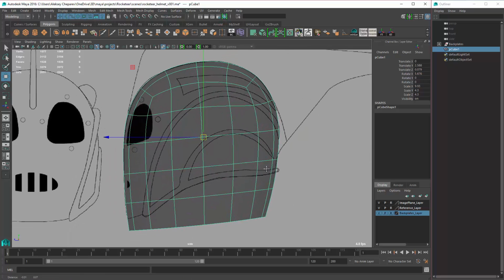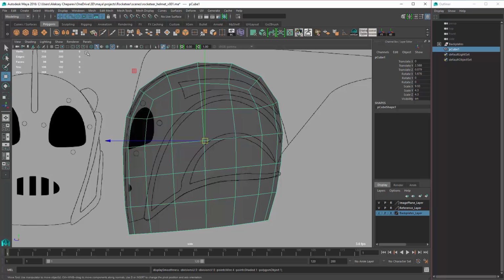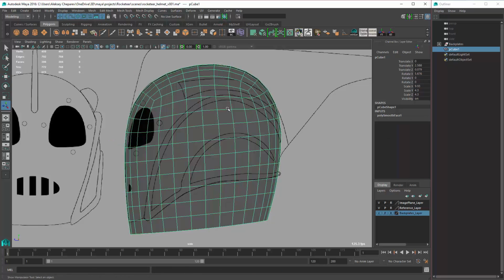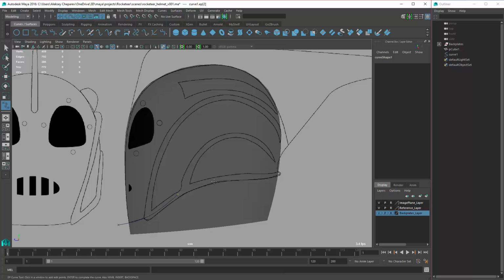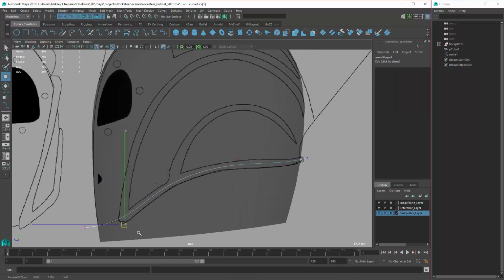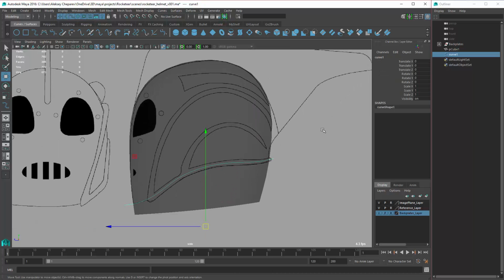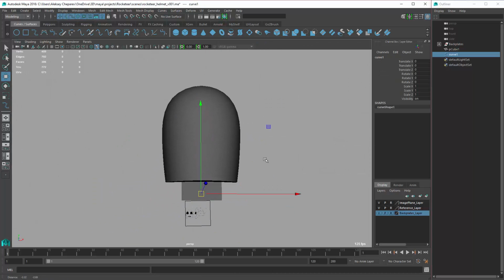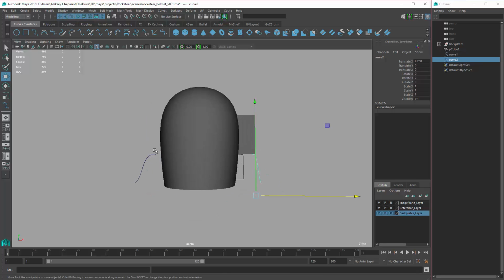We can always fix this a little bit later, but what we need to do now is subdivide it more, because we need more geometry here, and then we need to cut the shape out and then redo these loops. So for this, I'm going to use a curve. Okay, that's pretty good. Now we need to place it here, duplicate it, place it there, and then do a